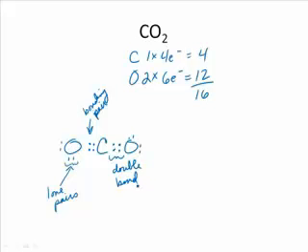You can also have triple bonds. Okay, an example of a triple bond would be N2. Two nitrogens would give me 10 valence electrons. So what happens here? Put them side by side, pair to bond, 4, 6, 8, 10. So see how there I need both nitrogens to have